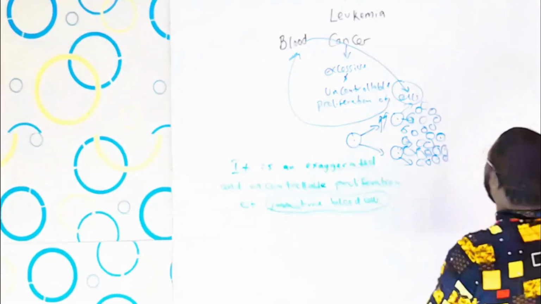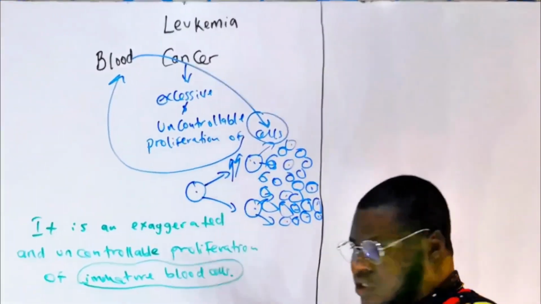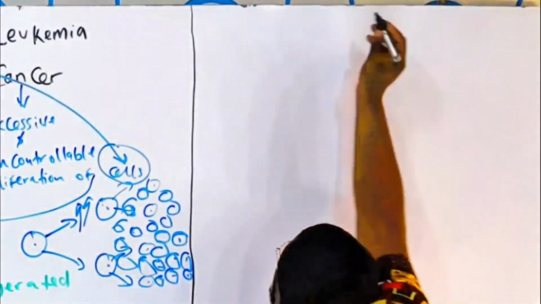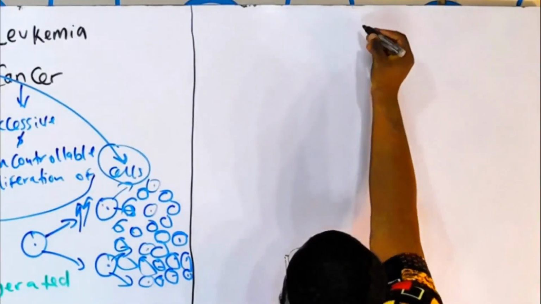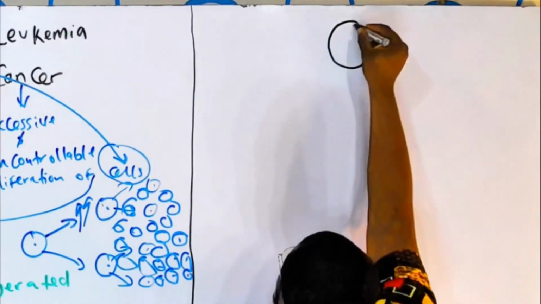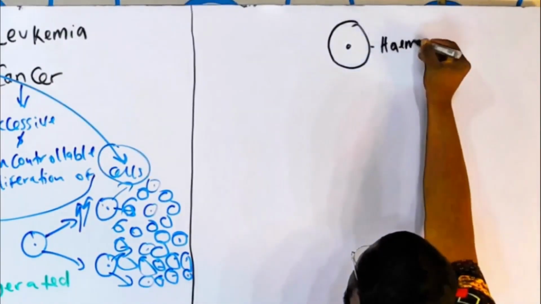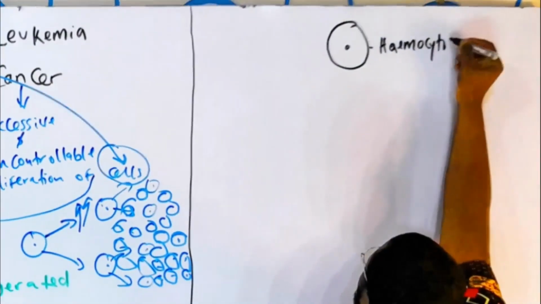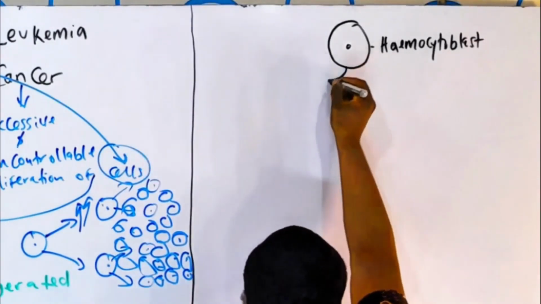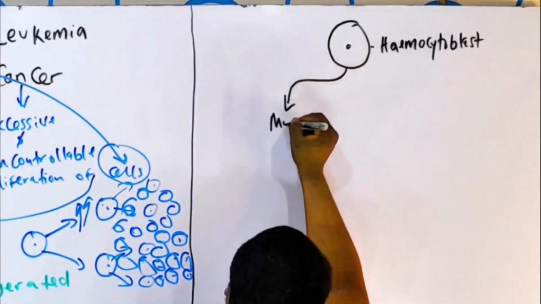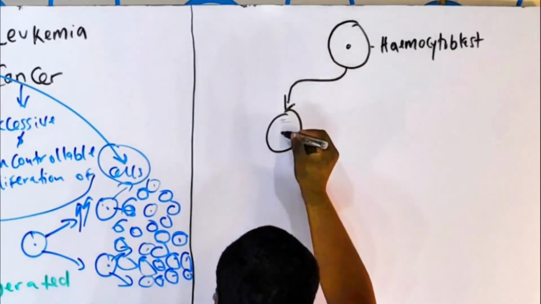Now, if you want to produce a white blood cell, we all know that what you need is to start with a hemocytoblast. Okay, let's denote them with the cells. So, hemocytoblast. Let's say this guy here is the hemocytoblast. Hemocytoblast is going to divide to become either the myeloid stem cell,